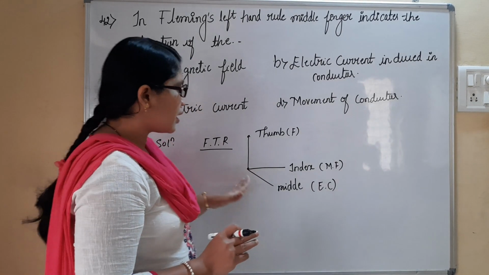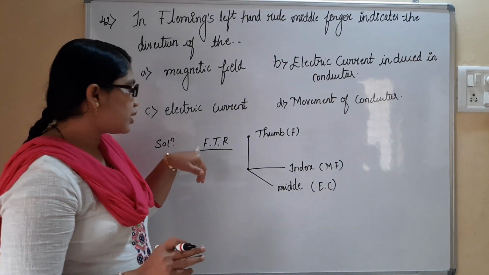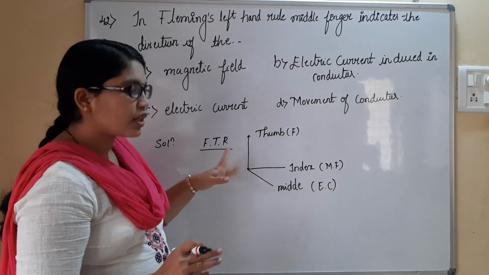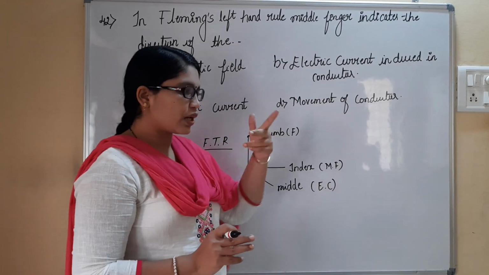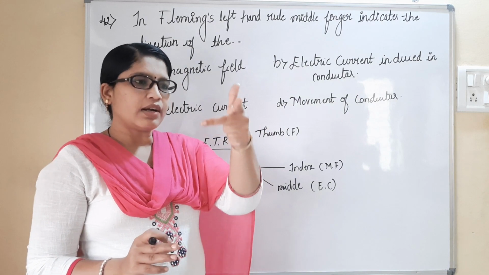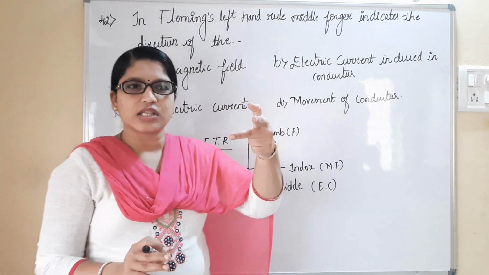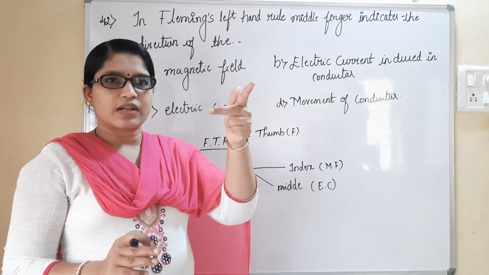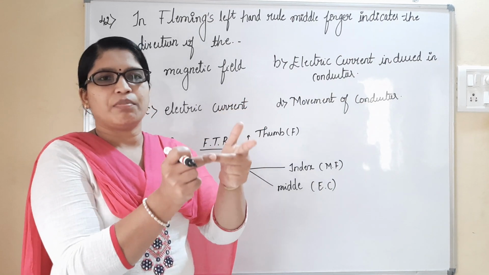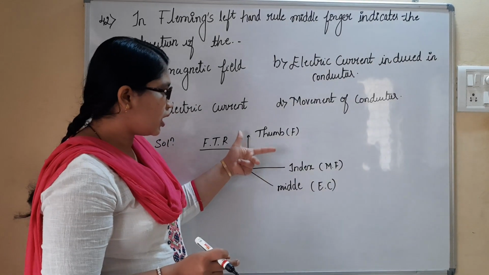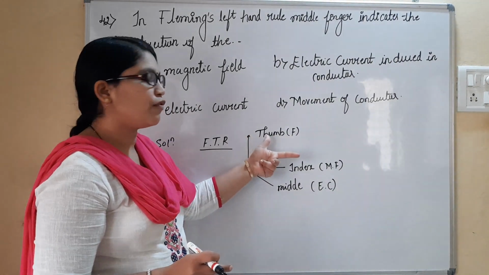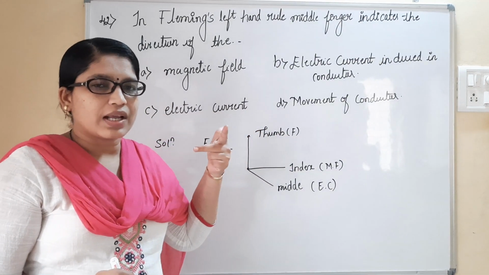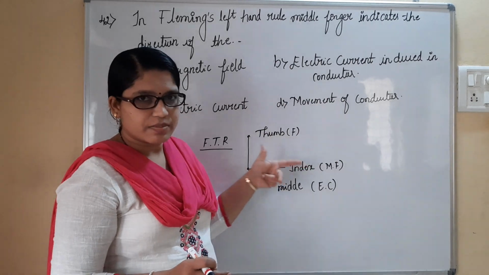So I have just put the solution part here. Fleming's left hand rule mainly tells us that if you keep your left hand and these fingers like this, this is going to be considered the thumb, whereas this is considered the index finger, whereas this one is considered the middle finger. So if you keep it like this, it is going to tell us thumb. Thumb is mainly for father. We can consider it as father also. This is a trick so that we can remember the direction of these parameters.